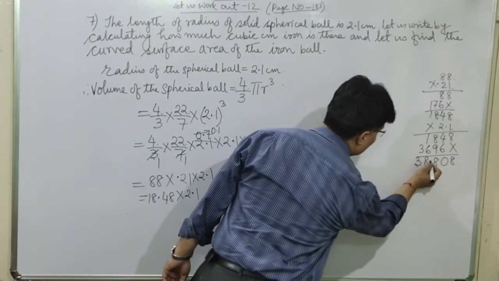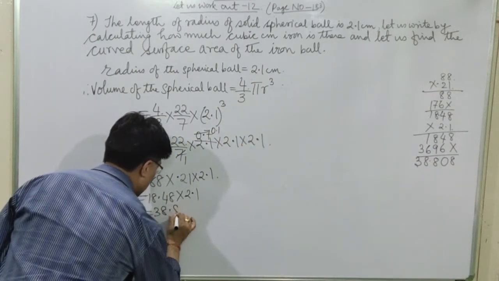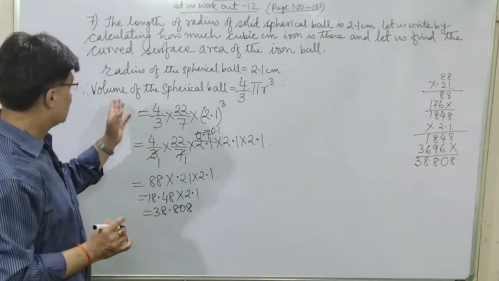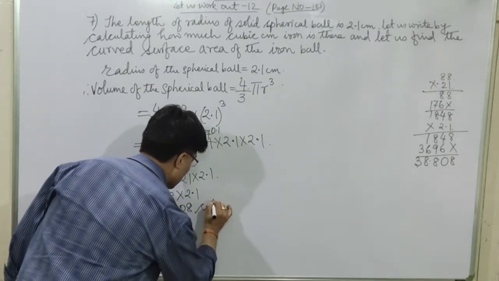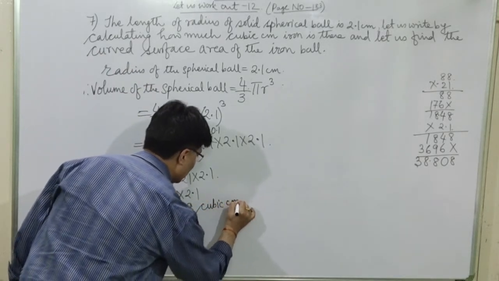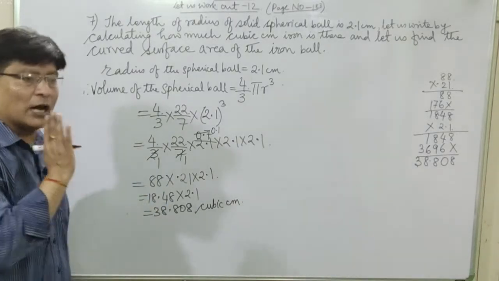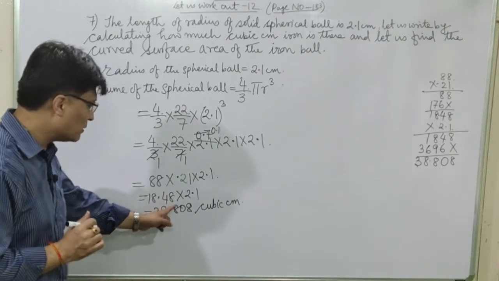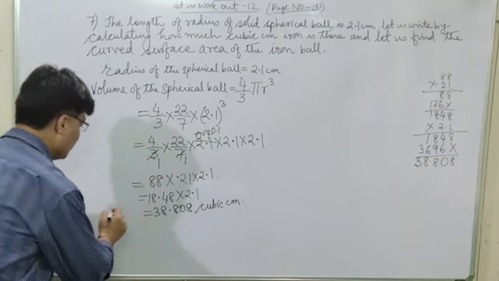Okay. So which is equal to this is your 38.808. What is the unit? Since this is the volume, you have to write down cubic centimeter. So I think you have understood it. So how much cubic centimeter of iron is there? There is 38.808 cubic centimeter of iron is there. So therefore